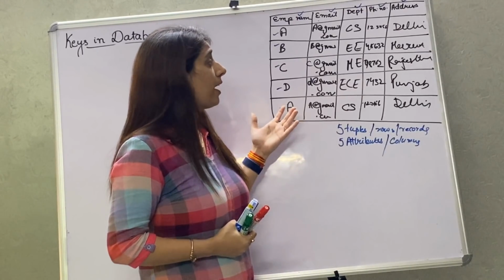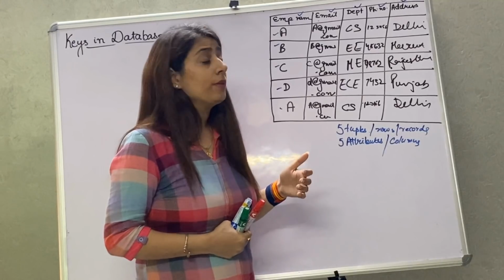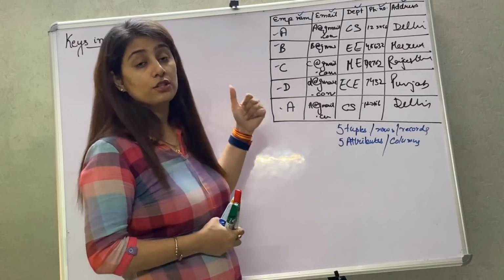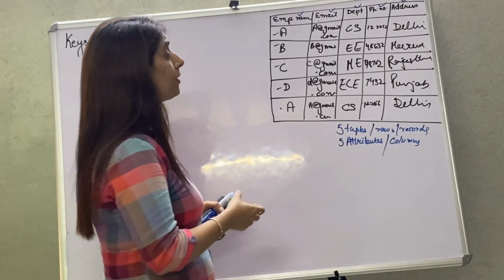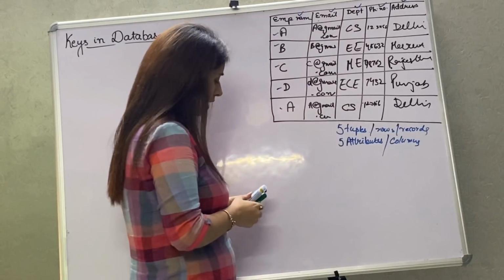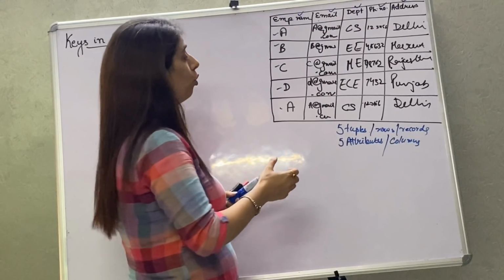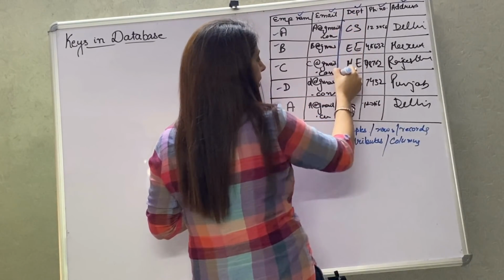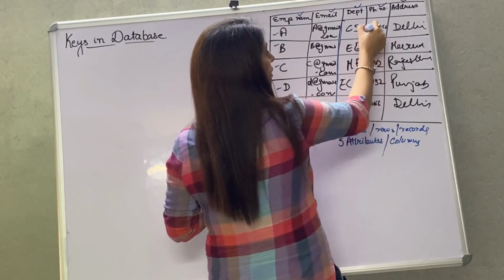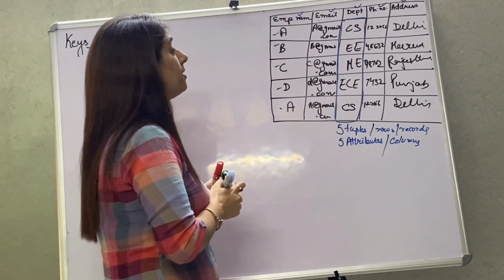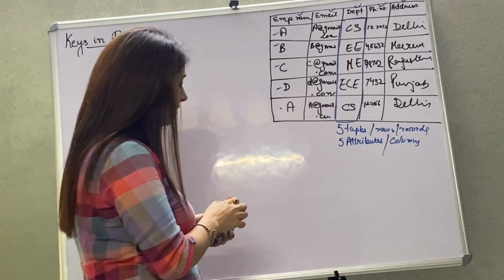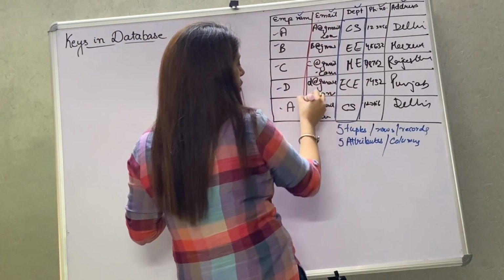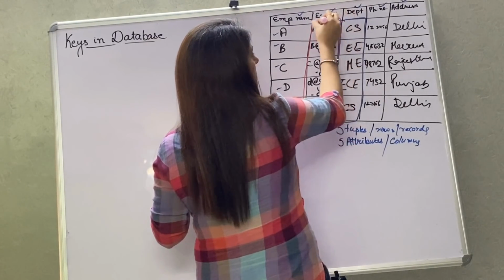See, if I have to fetch the data, then what will happen here? Just suppose I have to fetch the data and I say department. It will give me the whole information of department, this whole information. It will print all of it. If I say, just suppose, email, it will display the whole information from this table.